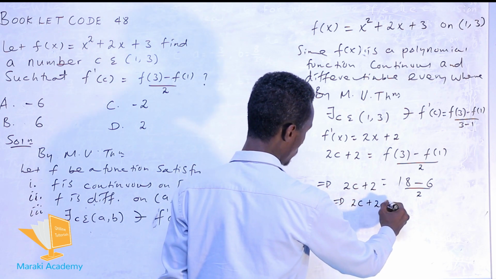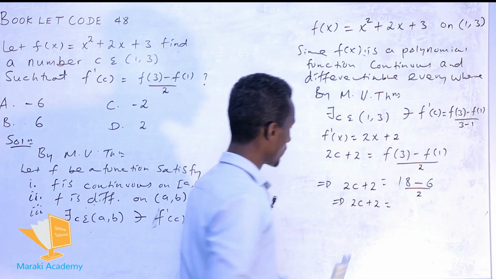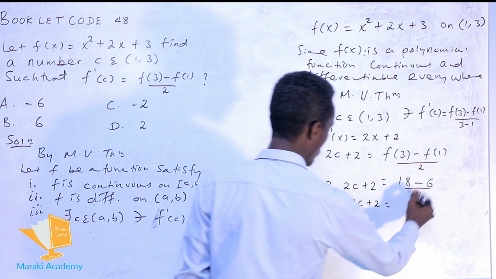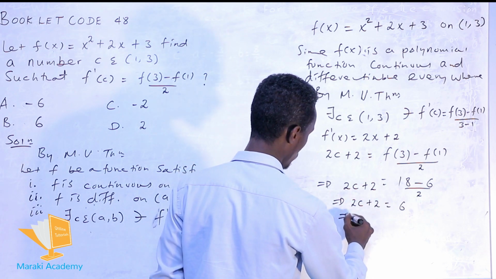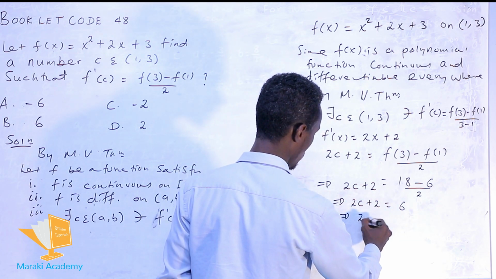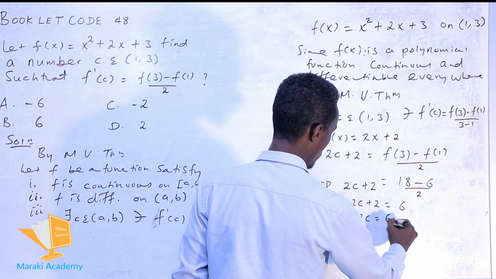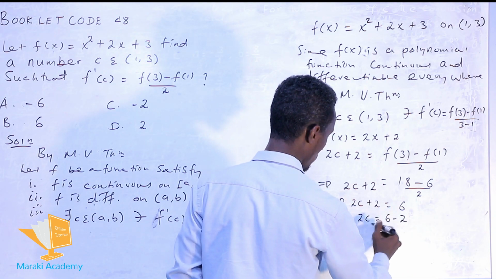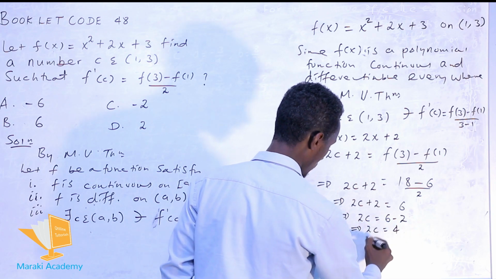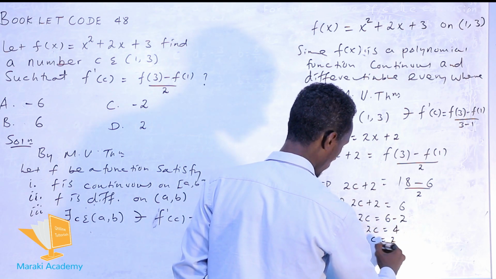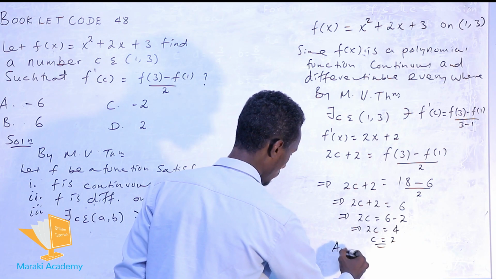2c plus 2, which is equal to 12, which is divided by 2, we have 6. And shifting to the right side, we have 6 minus 2. This implies 2 times c is equal to 4. So that is c equals 2. So that is our answer is